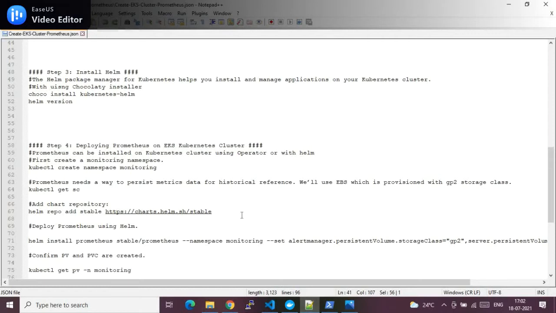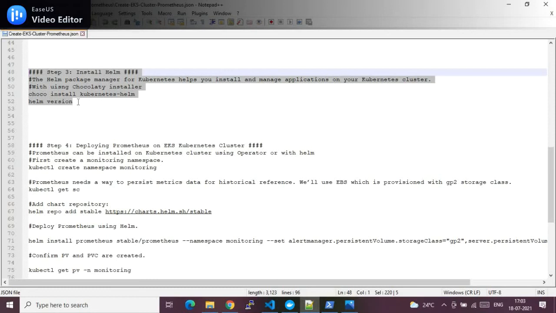Now let's install the Prometheus tool in our EKS cluster. To do that, we should have the Helm service installed in our system. Only through the Helm service should you be able to install the Prometheus service. So installing Helm becomes a prerequisite for this demo. Again, I would recommend you to watch my previous videos where I have explained how we can install the Helm service on your laptop so that you can use it for deployment to our EKS cluster.